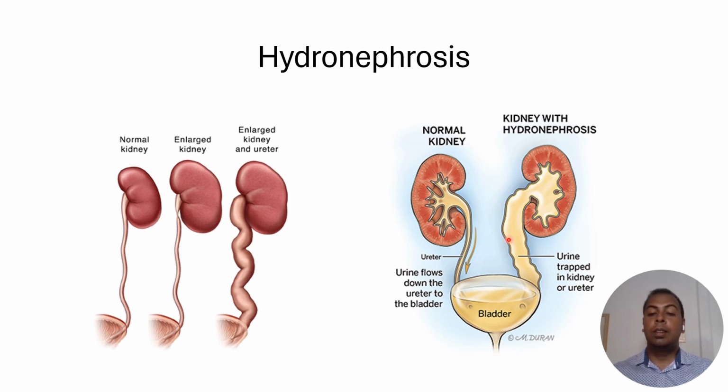In hydronephrosis, there usually is an obstruction at the level of either the ureter or the bladder, where it would cause distension and enlargement of the kidney, and that's known as hydronephrosis. In this diagram, you could see enlargement of the renal pelvis, the major and the minor calyx, with enlargement of the kidney. When the ureter is also distended, it is known as hydroureter. This is another image showing normal versus an enlarged kidney as a result of obstruction that would cause hydroureter and